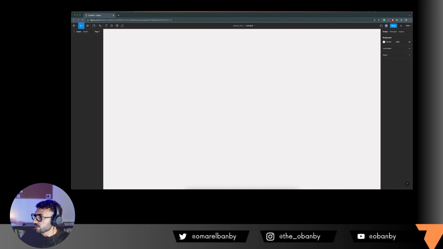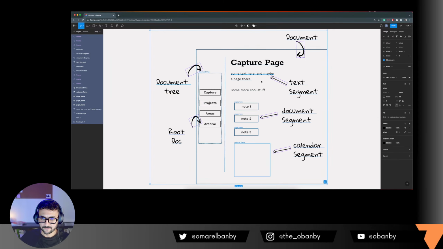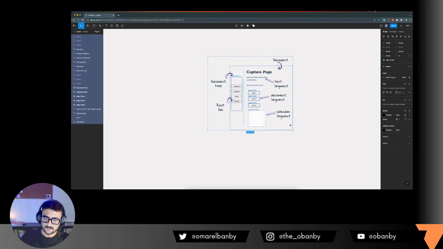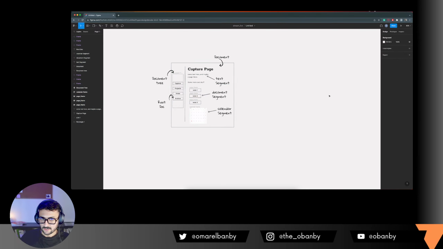All right, so first things first, I need to make sure that we are talking the same language about what our Notion document might look like, right? And it might look something like this. And here, as you can see,